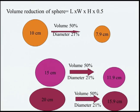When we look at a 10, 15, or 20 centimeter dominant fibroid and we say that it decreases by 50%, again, we're going from 10 centimeters to 7.9 centimeters for a patient with a dominant fibroid of 10 centimeters. Likewise, if she has a large 20 centimeter single dominant fibroid, it'll decrease to almost 16 centimeters. I use this information in the office to determine whether embolization would be helpful for a patient whose main complaint